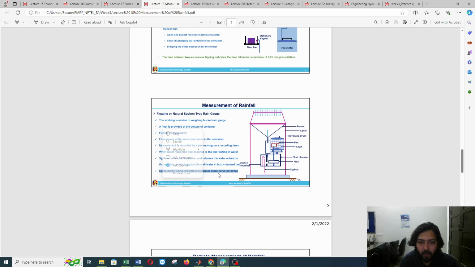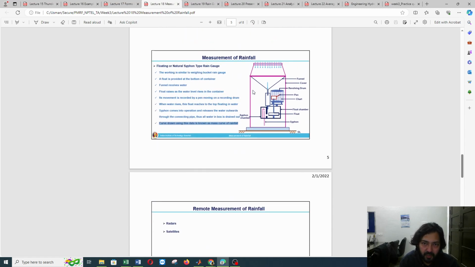So we will look into what is mass curve of rainfall and what is accumulated rainfall when we talk about the different ways of how we can represent the rainfall series. So we'll look into this mass curve of rainfall. So these three